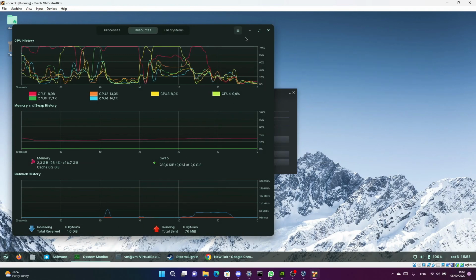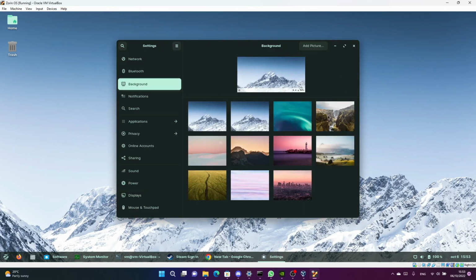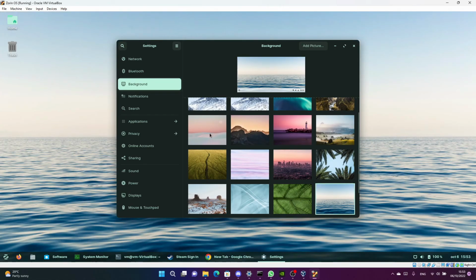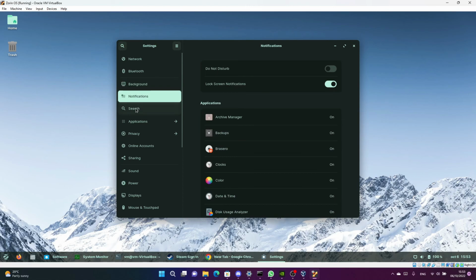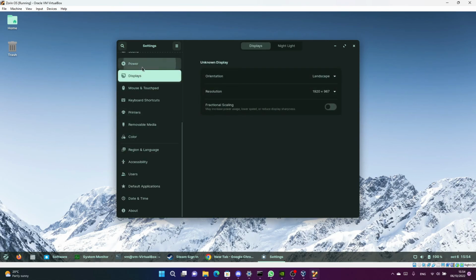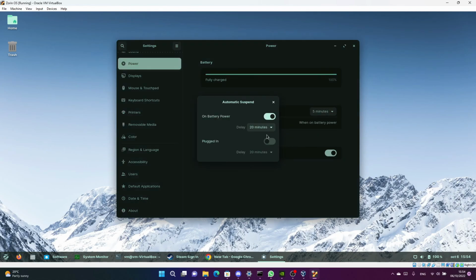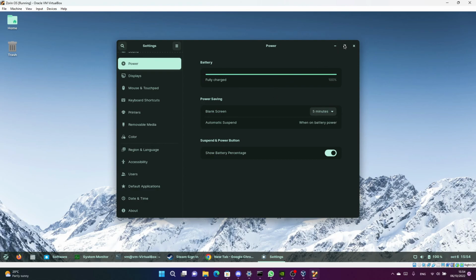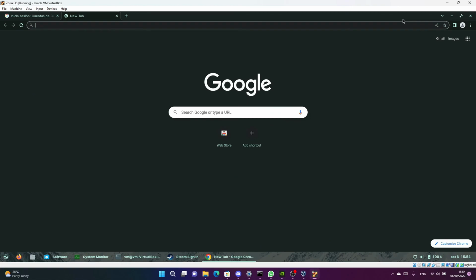Now I want to try to change the background. Change background. Yeah, so you have some backgrounds. So yeah, there are a lot of options here. Yeah, now you can return options like the power options. So I think for now